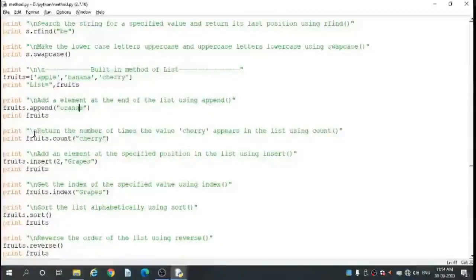Next, print in double quote slash n, return the number of times the value cherry appears in the list using count.